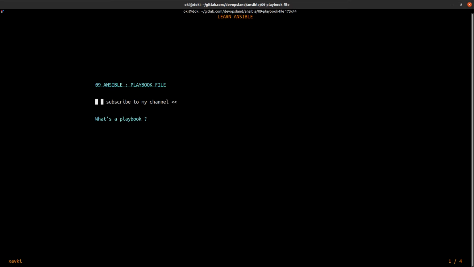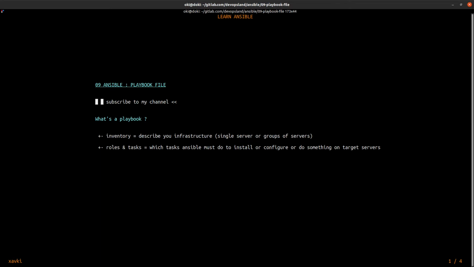So what's a playbook file? In the last video we have seen inventory and the inventory file. Inventory describes your infrastructure with single servers or groups of servers, and we haven't seen roles and tasks. A role is which tasks Ansible must do to install or configure something on target servers.